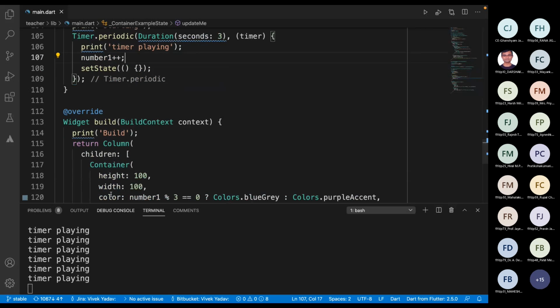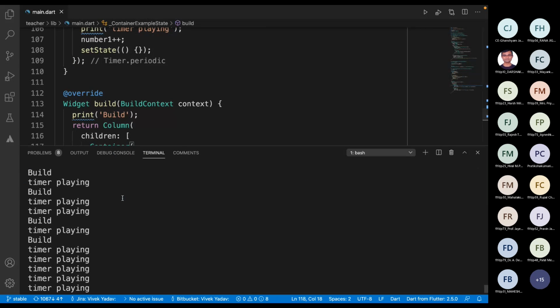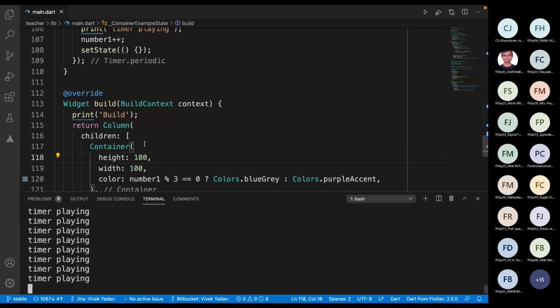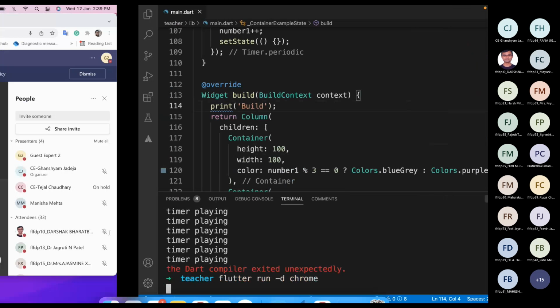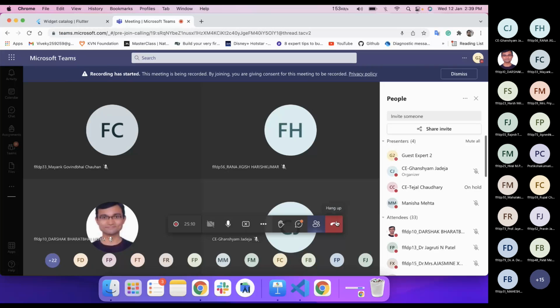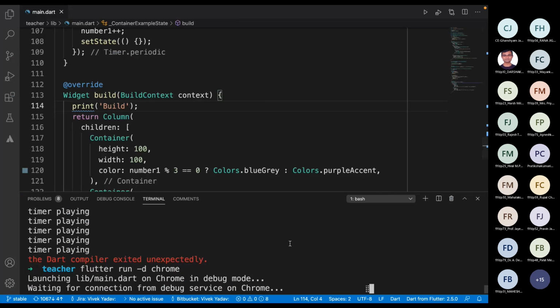You can see this build method, right? Build method is here. Let me start again.